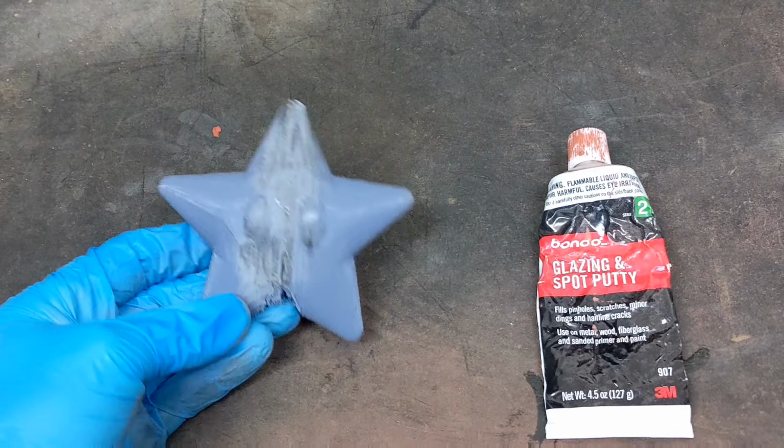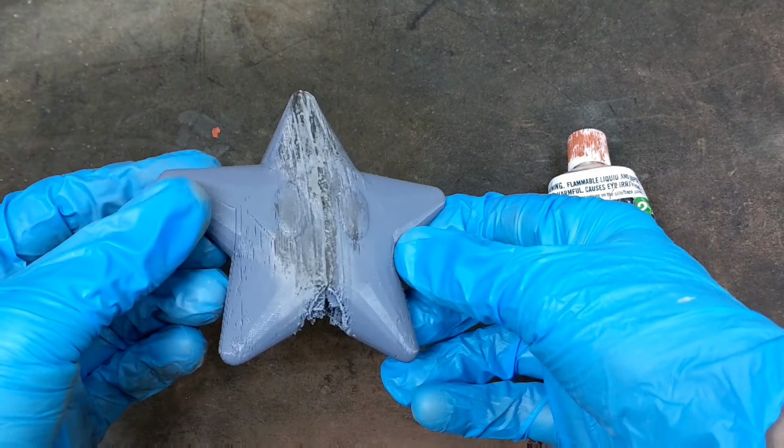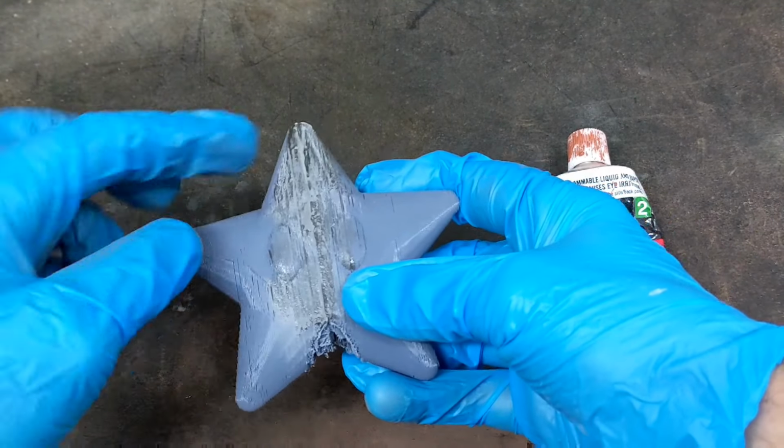They're all going to be just like this. Super cool Super Mario Bros. Power Star. So let's get right to it. Let's go! So the very first thing I did was print 2 halves of this Power Star from a 3D